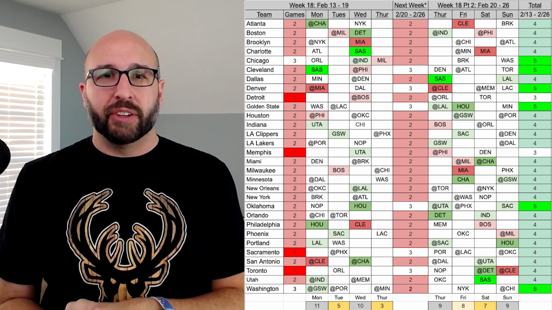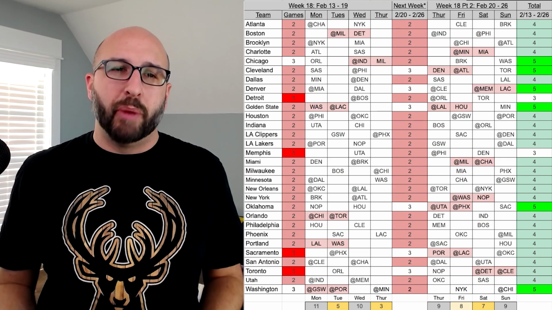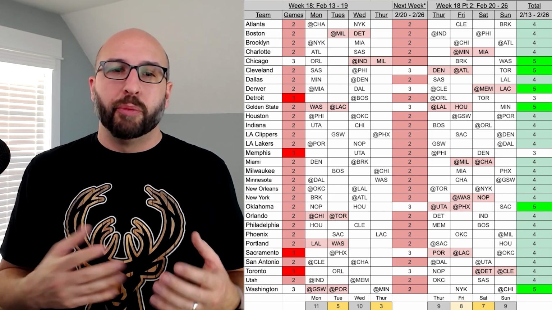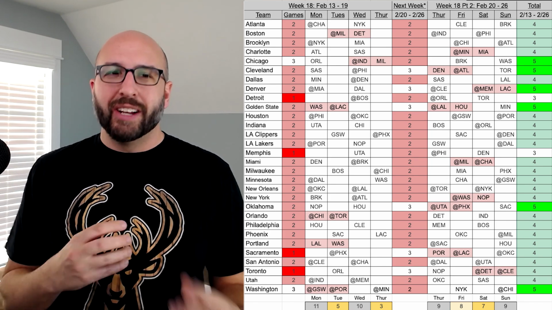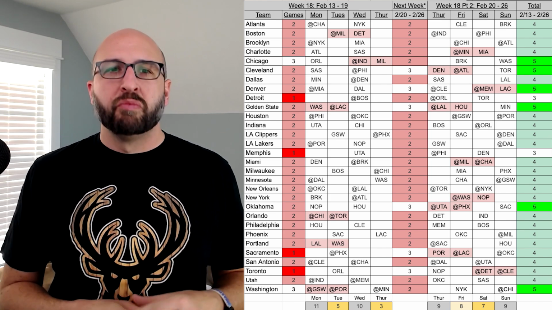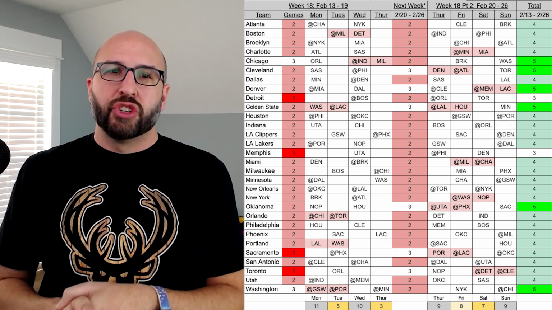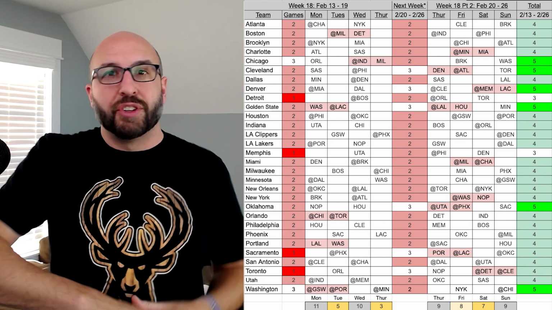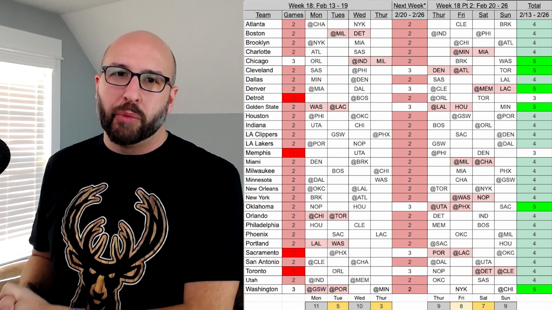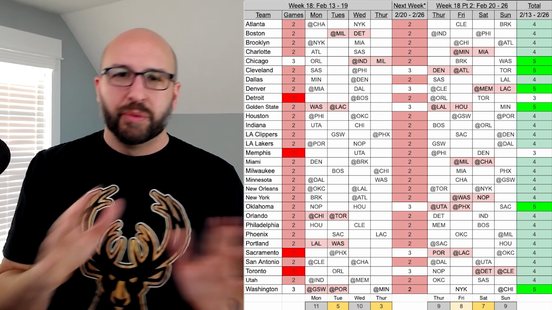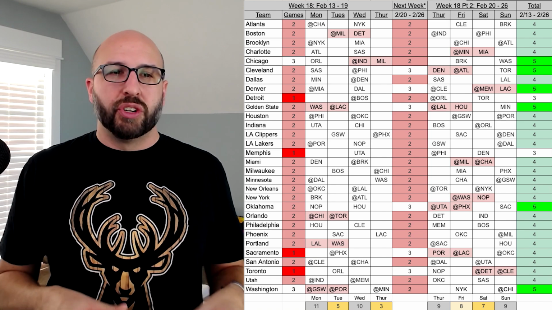Let's go look at back-to-backs. With the All-Star break, there's not a ton of back-to-backs. If you're trying to make some pickups, Warriors start off. Warriors, Orlando, Portland, Washington. Warriors have an interesting one. Washington and the Clippers. There's a couple little ones next, it's Boston just for the midweek. Chicago after that. No other real options there. And then everything else is after the All-Star break. Then you get some Thursday, Friday, some Saturday, Sunday. A little bit of everything that you could look at.